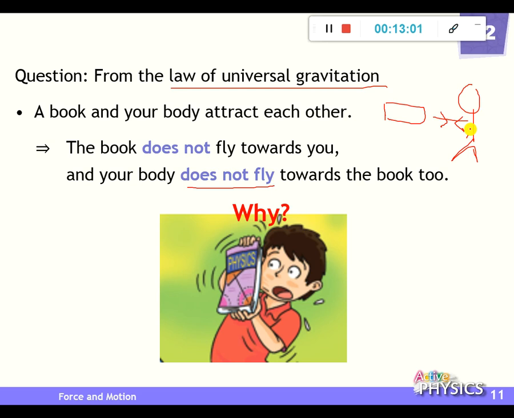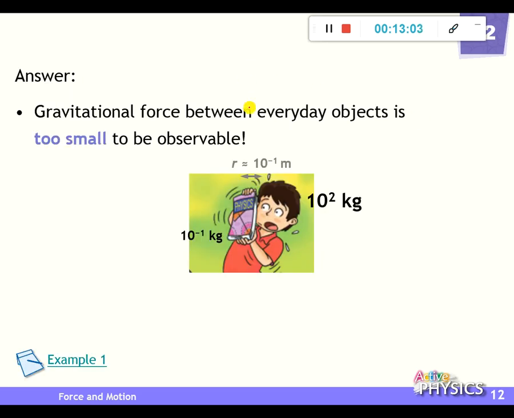How to explain it? Should be this. Because in between, we have the force, but this force will be very very small compared with the gravitational force. Then it means that we cannot observe this one. Okay, because by comparison you can find that this one is very very small. You cannot compare it. The force, how much is it? Should be this. Okay, very small compared with the weight of the book.